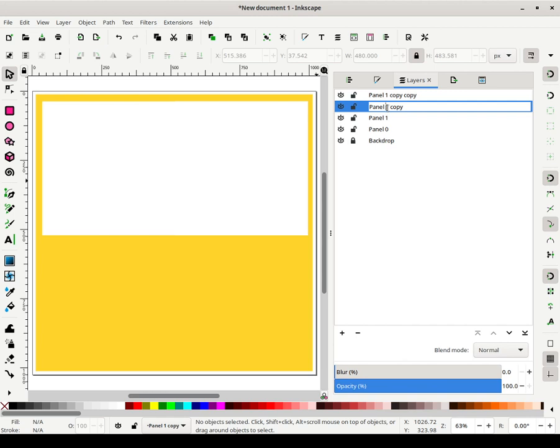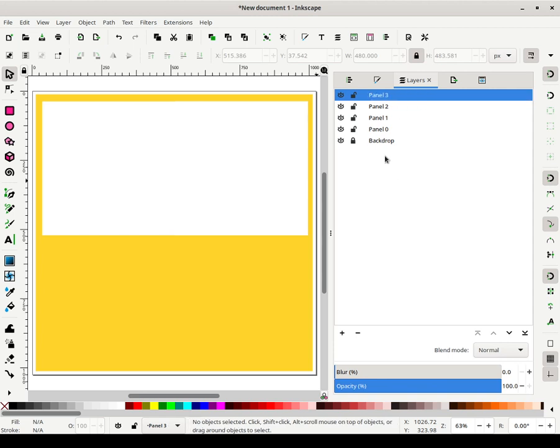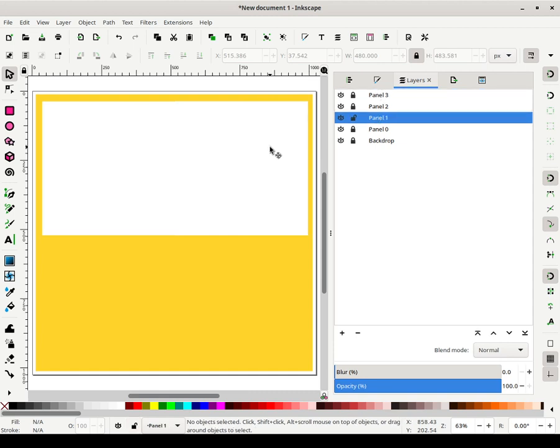Call this one panel 2. The fourth panel will be panel 3. Alright, so now I'm going to lock panel 0, choose panel 1. Alright, but let me lock panels 2 and 3 as well. Choose panel 1, well, the square in panel 1, and move that to the bottom down here. Now I know that they're actually aligning to the corners, but don't worry, we will fix that shortly.